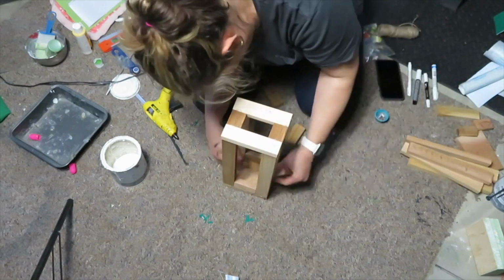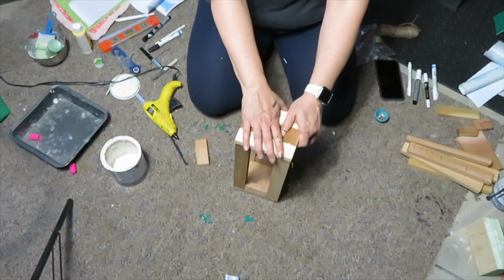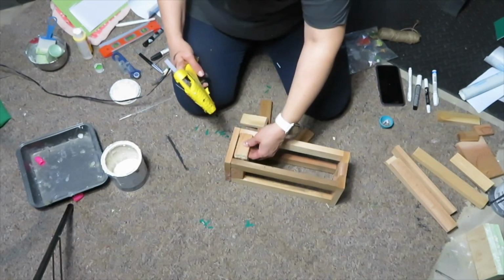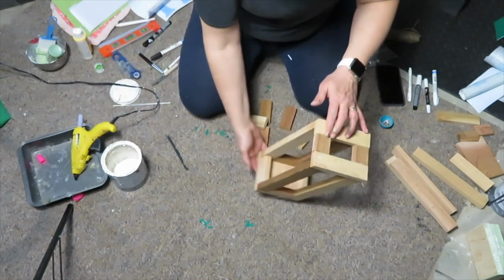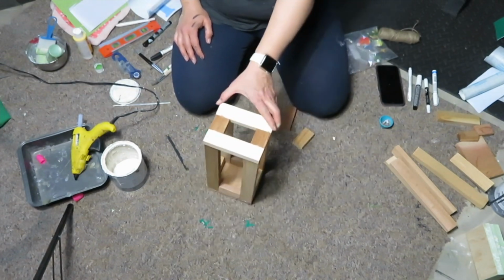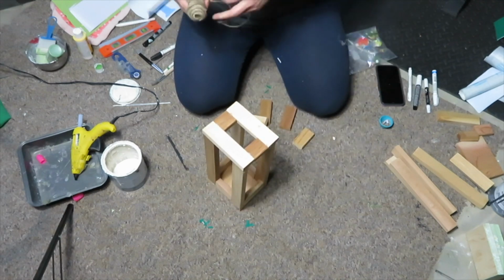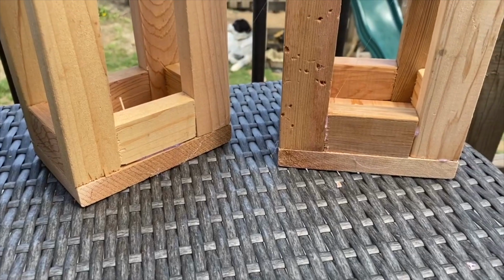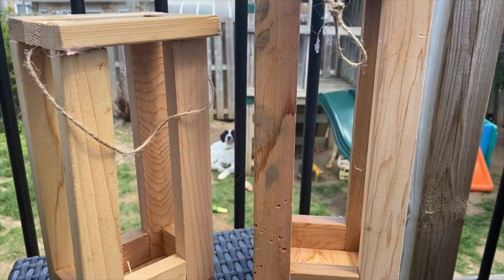I will probably end up screwing these as well at that time, just to keep them a little bit in place. But if I was using them on the inside, I probably would not be doing any of that. I would just leave them as they are. Once I was done with completely assembling them, I ended up adding a piece of rope to the top as well. I just love how rustic these lanterns look, and I think they're going to look great with the little tea light candles from